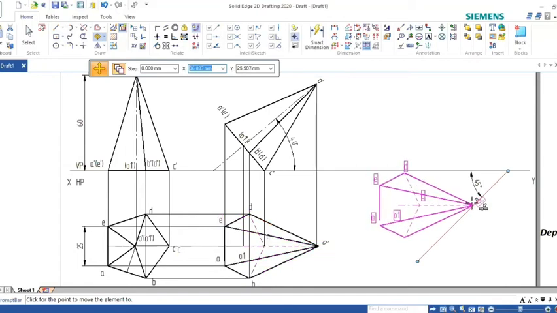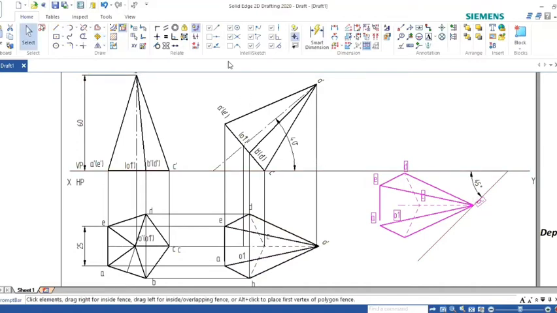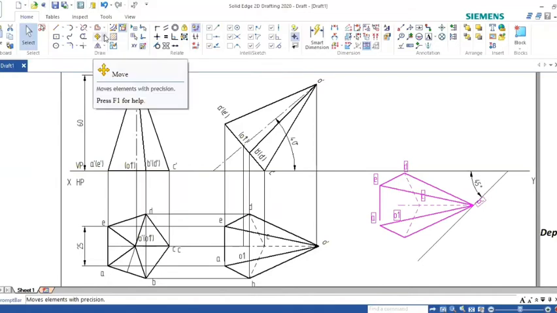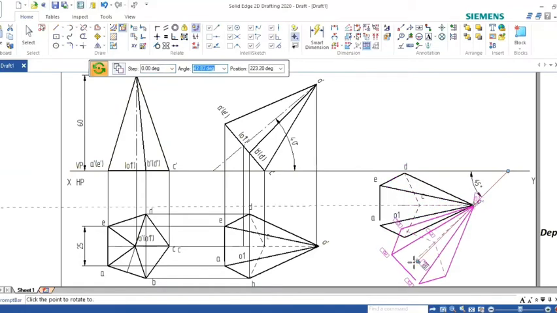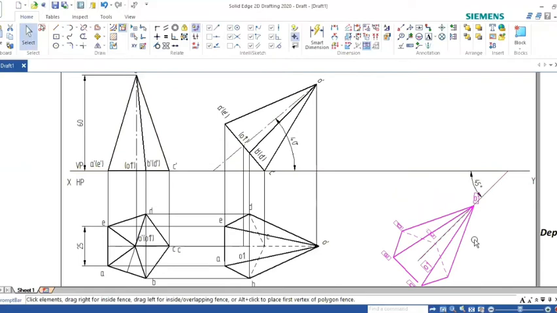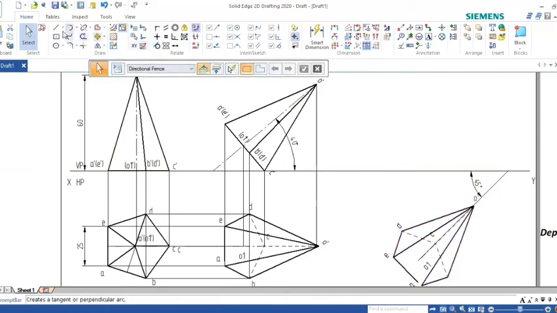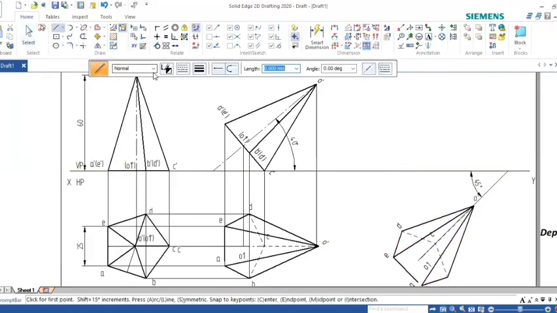Here you can observe the highlighted line. Place here. Right click, then go to rotate. While rotating, switch off, already switched off. Select this and this axis line. Rotate and place at 45 degrees. Once you place here, you have drawn the top view. Once you draw the top view, this line you can extend and I can draw the projection.